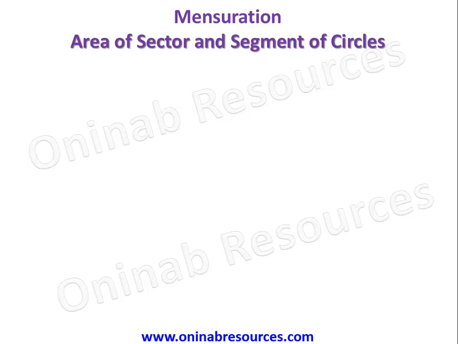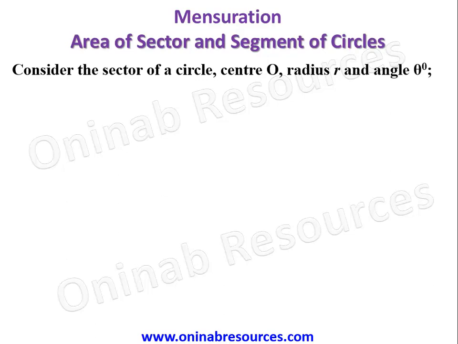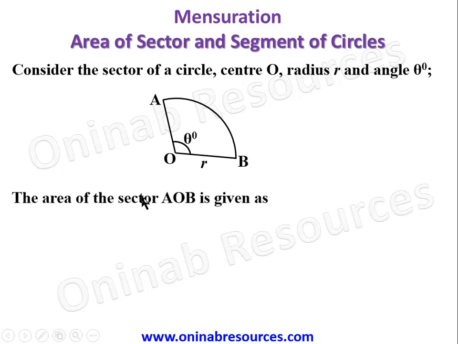So here we go. Consider the sector of a circle, center O, radius r, and angle theta degrees. We wish to calculate the area of this sector. To calculate the area of this sector, that is sector AOB, it is given as theta over 360